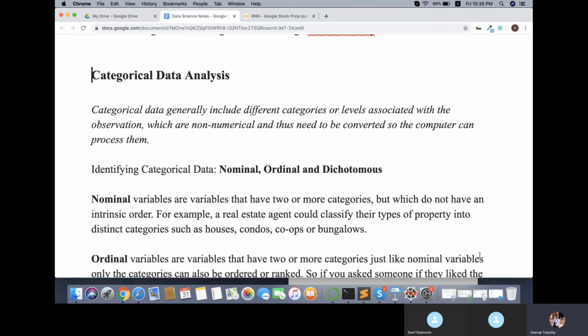Like if you are doing an election study, on who is going to win, then whoever has taken part in that election will be taken into consideration. So they are again categorical. Mostly, categorical data are those data which don't change over time. Within our data analysis, it doesn't usually change. One more thing is, most categorical data take text values rather than numbers.